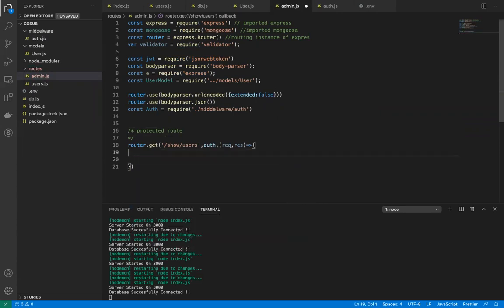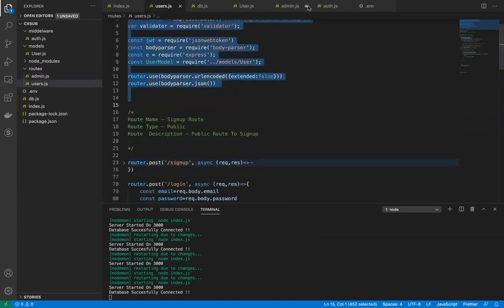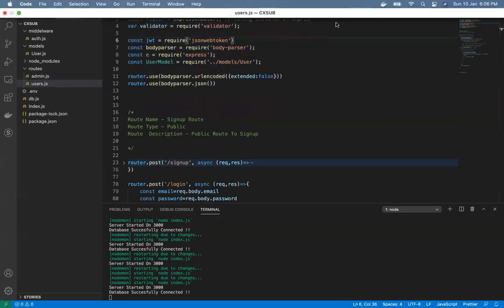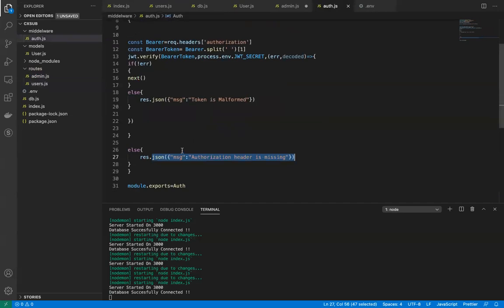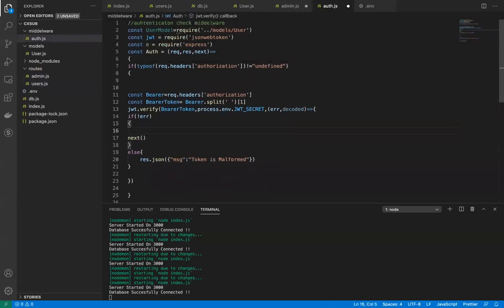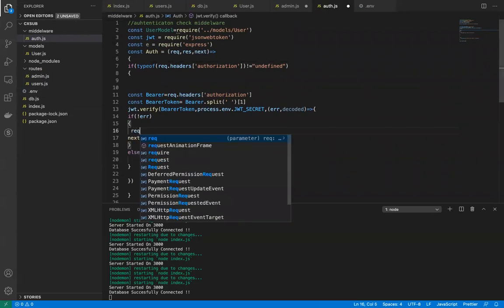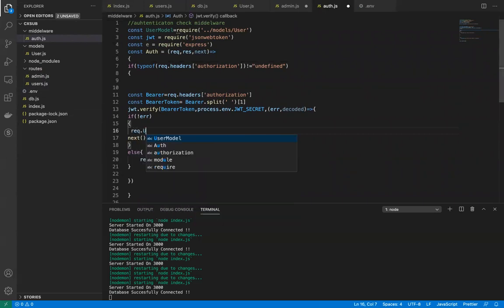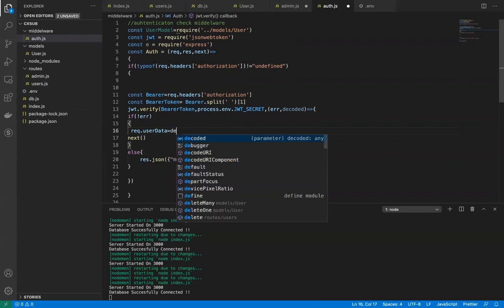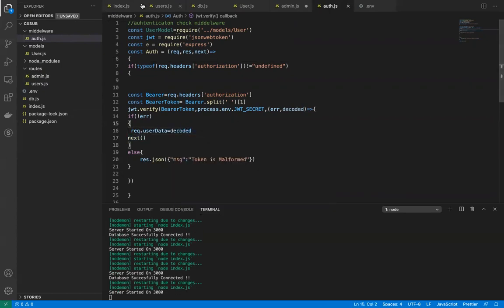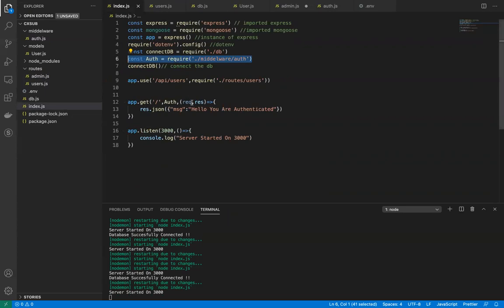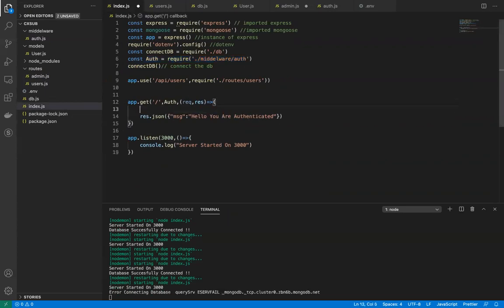Before doing anything, we have this auth route, let me go to this auth route. We can actually pass values from this middleware to the main file or authenticated route. How? If everything is valid, then we are going to create a new value, let's say request.userData. I am creating a special variable, and it will have the value of the decoded array which we have, so that we can access that particular value in this authenticated route. Let me show you what I mean.